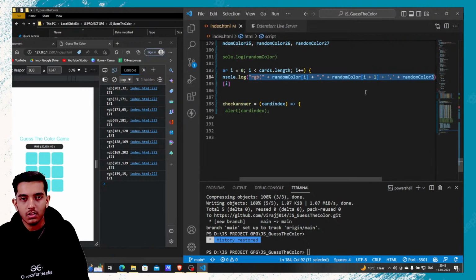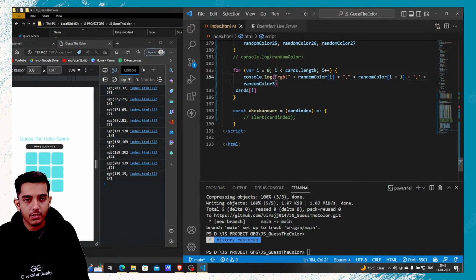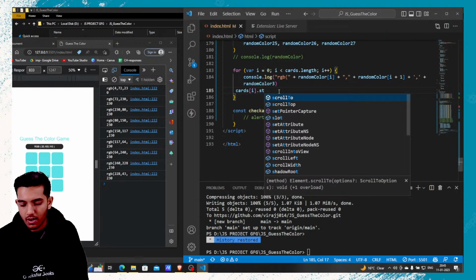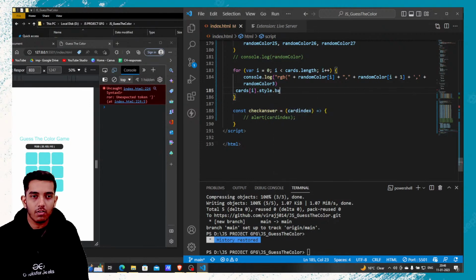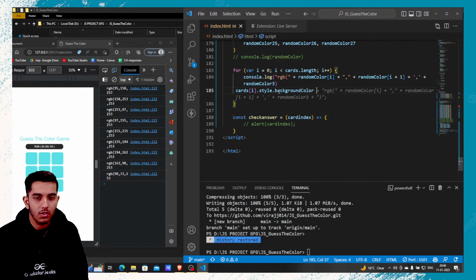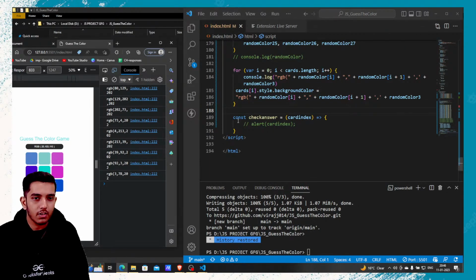So I'll just copy this first, copy, and what I can do is simply change the background color of individual cards. So you can write style dot background color. Okay, and as a background color you have to pass these colors. So you can see we got 9 random colors after that,